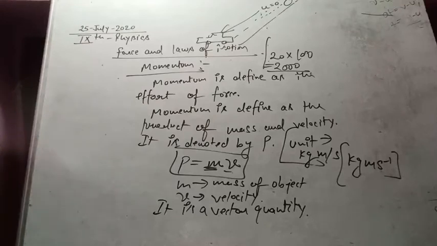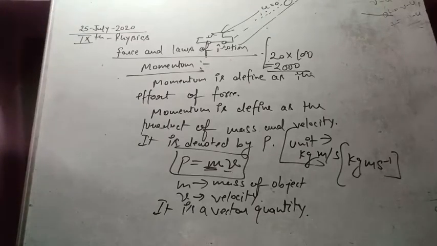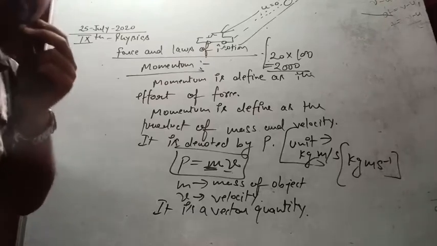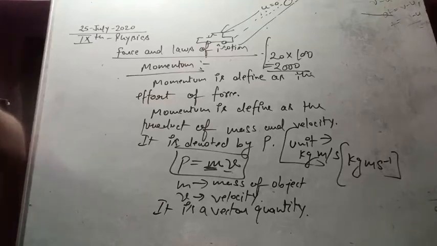You also use it in your daily life, though you are not actually aware of this. If you have watched CID, Daya just opens the door. What does Daya do? Daya is creating momentum. Firstly, he goes in the backward direction and then comes forward. By this, he is able to produce more momentum. He has a greater mass, as his muscles already have a great amount of mass, and he comes from the backward direction and pulls it. So what will happen? It will create a very high amount of momentum.